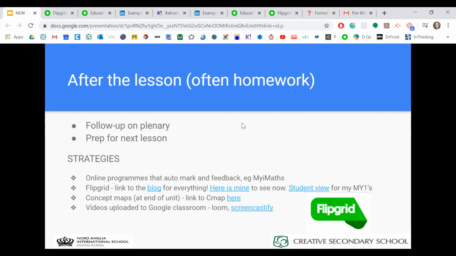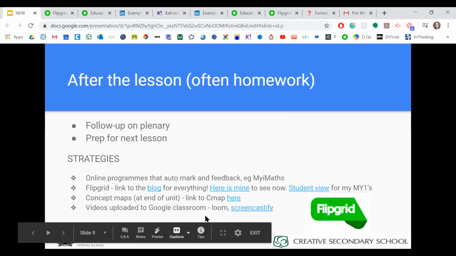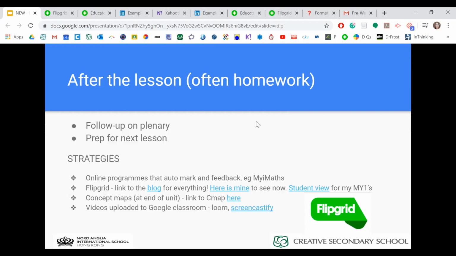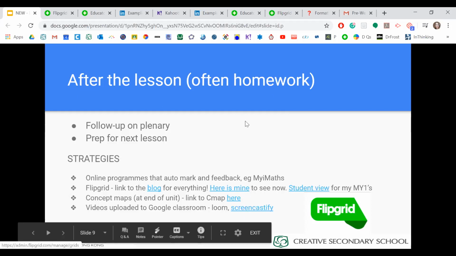And then they can just upload some videos into your Google Classroom. So we've been using Loom and Screencastify. Both very user-friendly. It's easy to just do a quick YouTube search on those, although I've put the link for